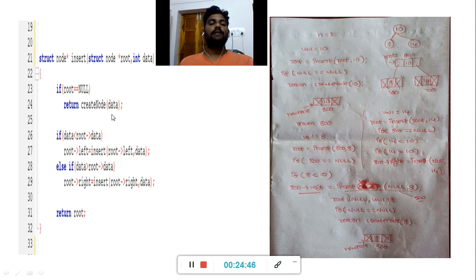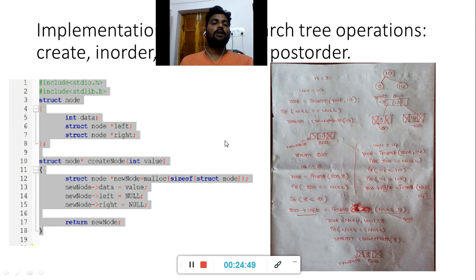Once the create node function is called, the controller moves to the create node function. In that function, once again the malloc function is successfully executed, and we allocate a block of memory. Once the block address is successfully returned with the new node pointer, here the address is 500, and that 500 is received by the new node. The new node of data equal to value is stored in the new node of data. Once again the left and right pointers are initialized with null. Once the function is successfully executed, return the block address. Here the returned node address is 500.